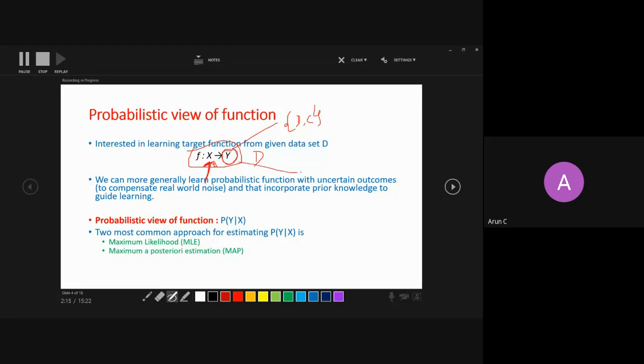So Y is a continuous number from 0 to, let's say, 100,000, right? So let's say my range of salary is 100,000. Now this is a regression problem, and I want to find a function which will take some X and map it to some Y, which is continuous in the range of 0 to 100,000, right? The whole idea in machine learning is to learn this function F, right?